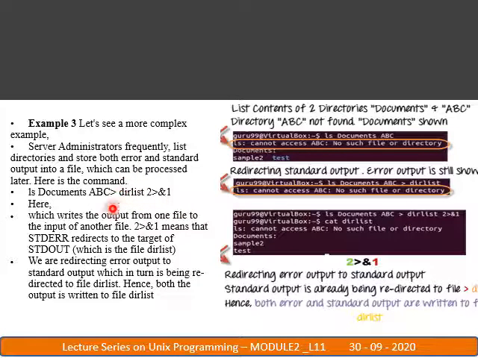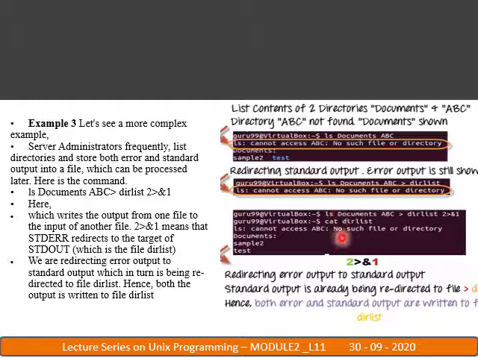That means the error list will be written to the output as well as to the directory list, so it is displayed on the screen and also redirected to the particular file. Here you can see the ls documents command, this is the error initially shown, and then in the next step we redirected to the directory list.